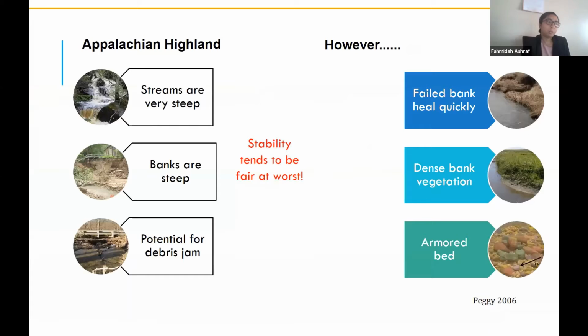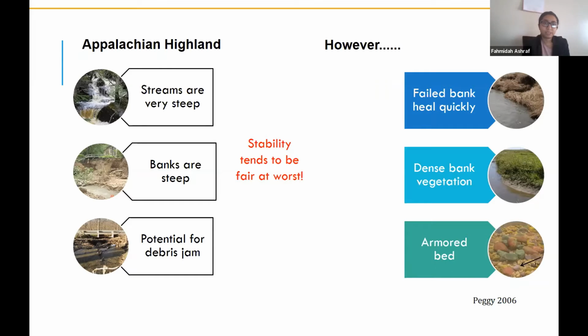So when you talk about channel stability, physiographic region is one of the key factors in determining the degree of instability. Several well-known geomorphic studies have been done in the Midwest, particularly because according to past reconnaissance studies, the combination of easily erodible soil and extensive human disturbance has produced thousands of miles of unstable stream channels in the Midwest region. So our particular focus, the first physiographic region we focused on, is Appalachian Highland.